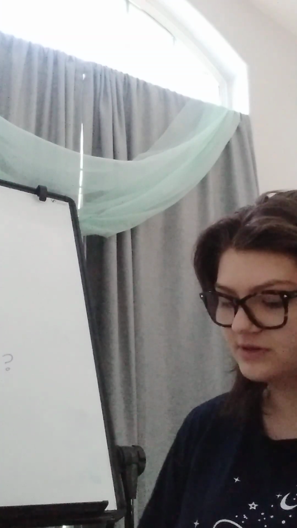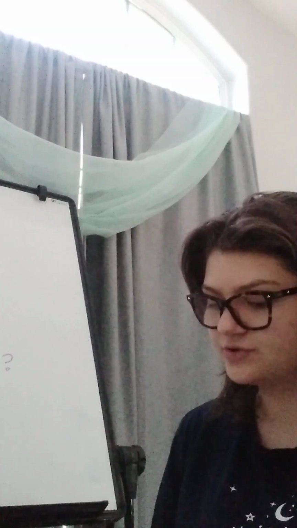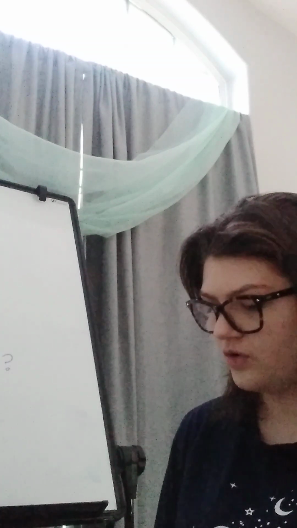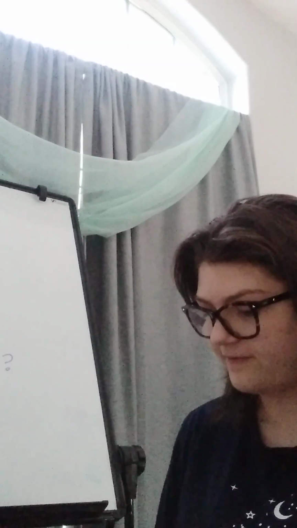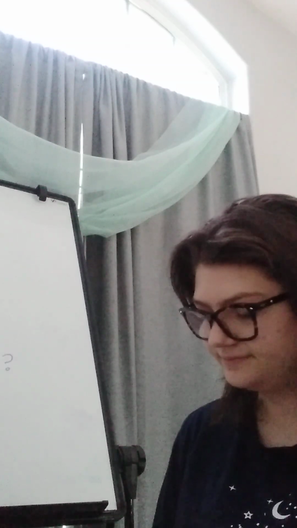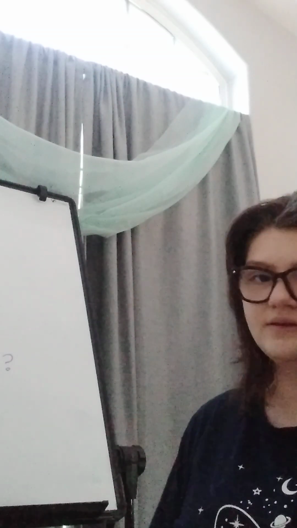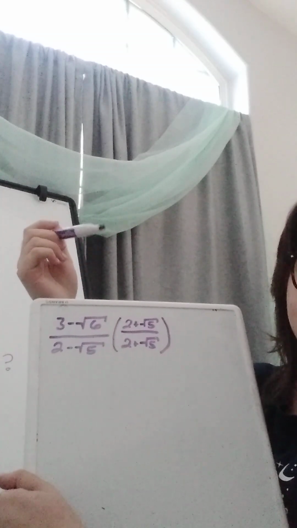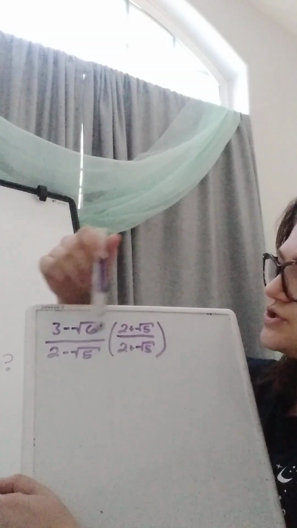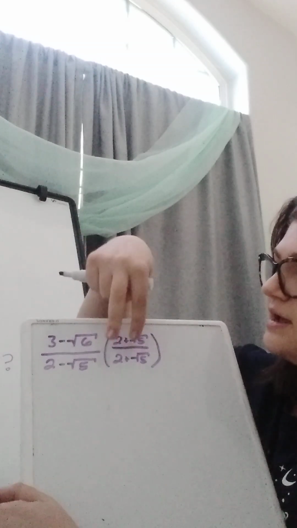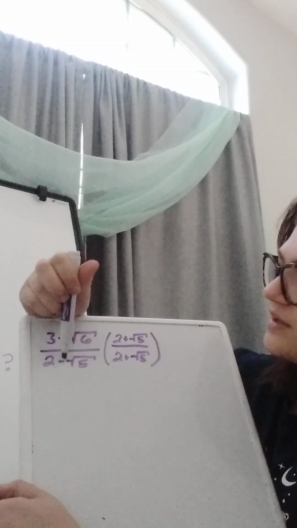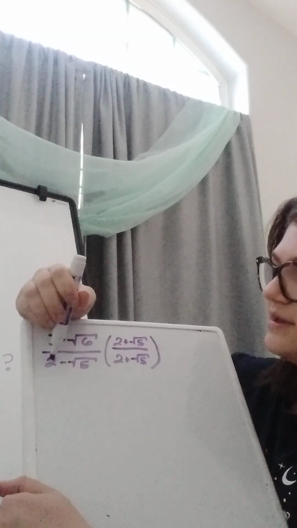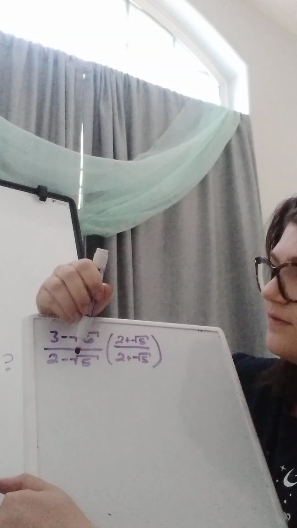So here I'm going to multiply that fraction by 2 plus the square root of 5 over 2 plus the square root of 5. Right? So now I just have multiplication. I'm going to do it to each one here. And the great thing here is in our denominator, because we have a negative and positive, the exact same thing, all we have to worry about is 2 times 2 and the square root of 5